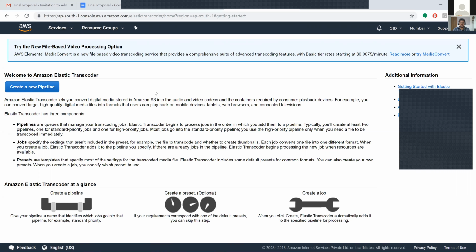So in general, every job will go into the standard priority pipeline. But if you want any job to be performed immediately, you put that job into the high priority pipeline, and it will execute the jobs in the high priority pipeline.